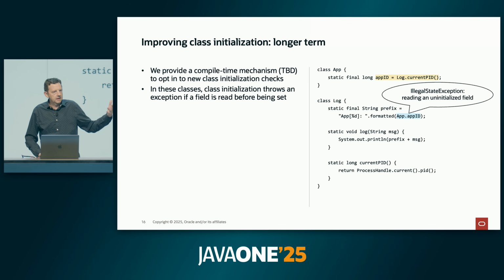That's also, again, using the same mechanism, using some tracing of the fields. Pretty reasonable thing to do. The only difficulty is that we're now changing the semantics of the language. I'm not sure how many people depend on this sort of interaction and the ability to read default values, but I'm sure there are some. And I'm sure there's a lot of code out there that just kind of works, even though these things are happening. So I'm not sure we can impose this on everyone and say, as of Java 30-something, you're going to get exceptions when you read static fields. But we'd like to provide some sort of opt-in to allow people to see those exceptions.